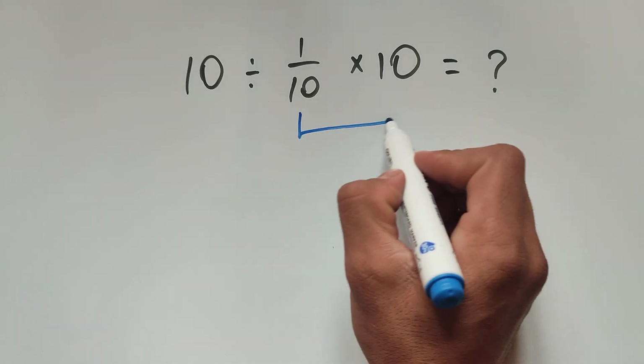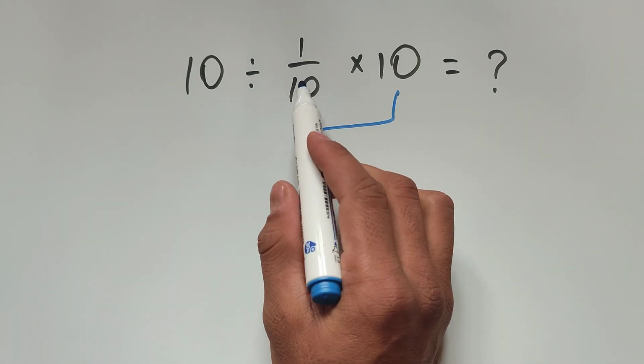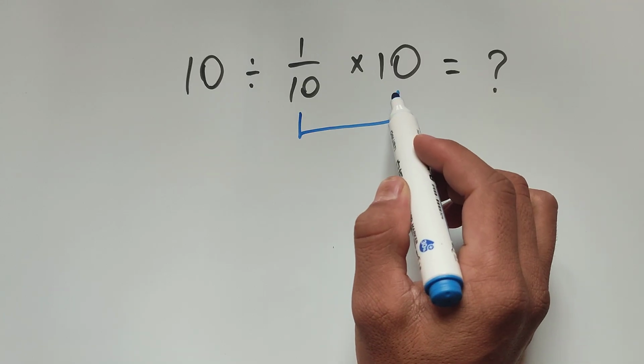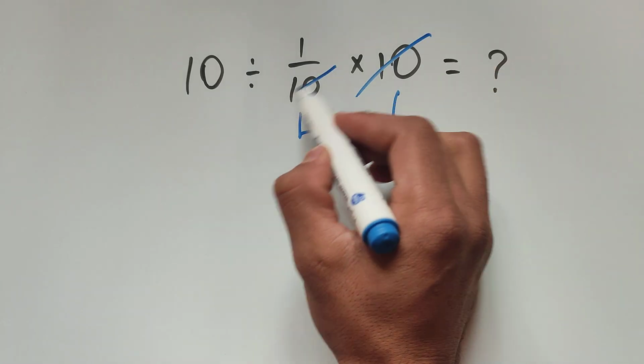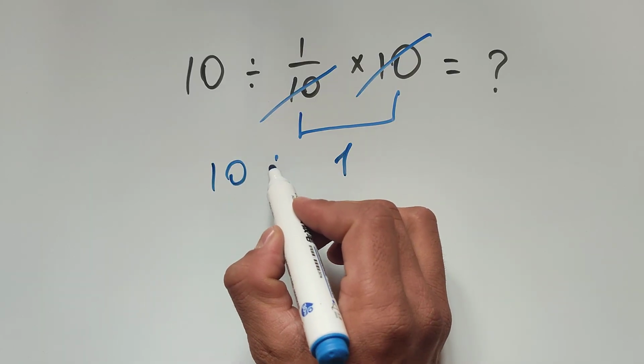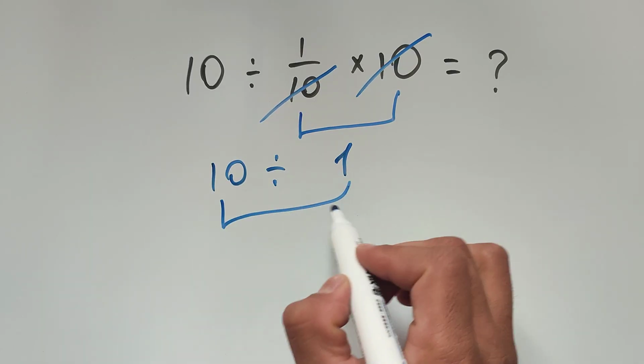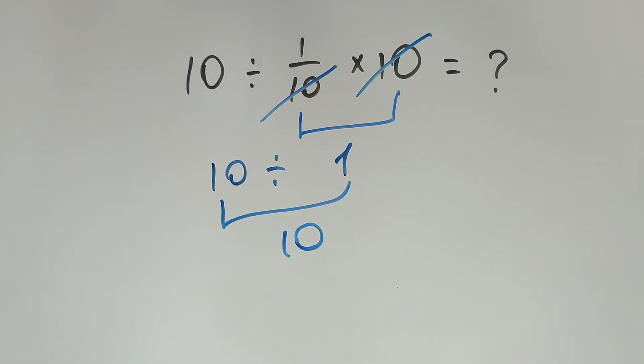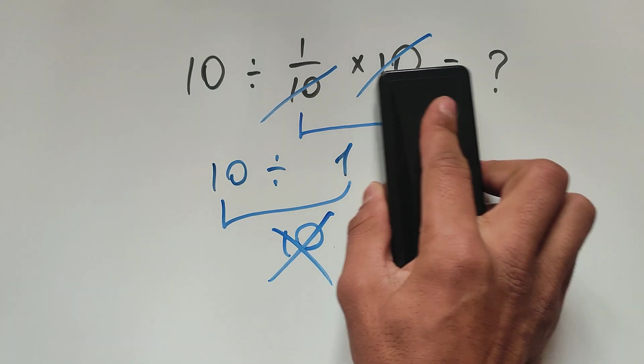First we do this: 1 over 10 multiplied by 10. Here we can easily cancel this 10 and this 10, and the answer is 1. And 10 multiplied by 1 equals 10. But this is not our correct answer, because